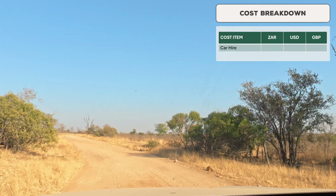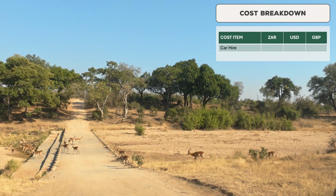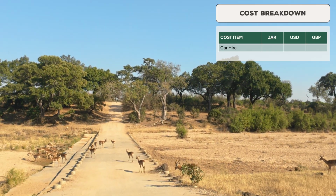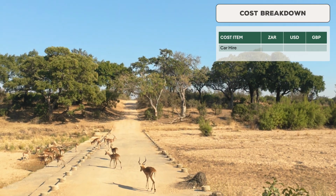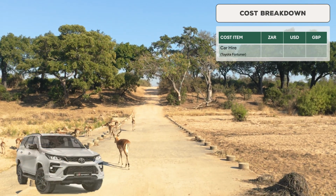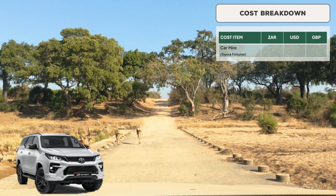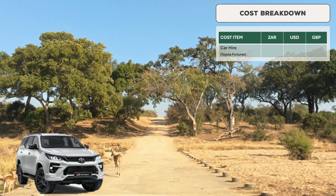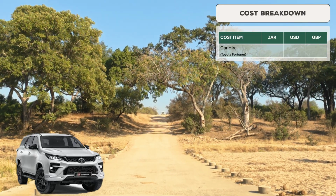The S roads are generally fine, but in the dry season they can become corrugated and pretty bumpy and gnarly. In the wet season they can become muddy and occasionally too wet to drive. But generally speaking, the S roads are also pretty good. I hired a Toyota Fortuner, which is a fairly large vehicle, only the 2-wheel drive version, but I wanted that height, the ability to be able to see over the grasses, over the edge of the bush by the side of the road. So that extra height that you get from the Toyota Fortuner or other SUVs can be really